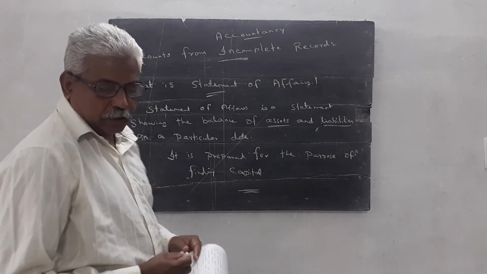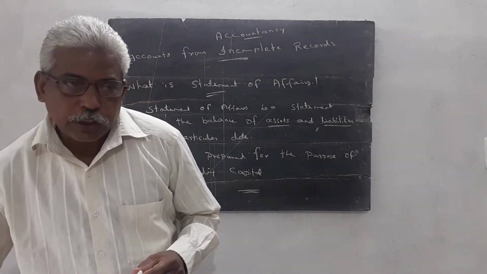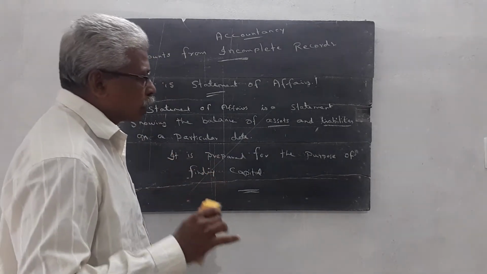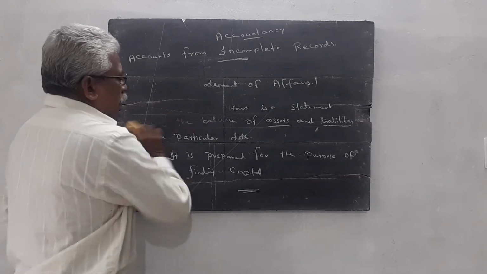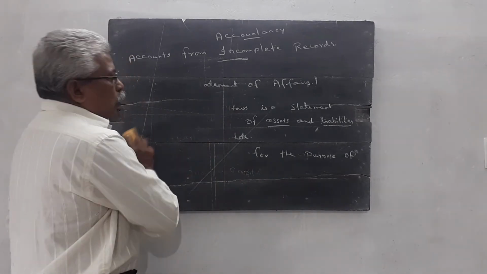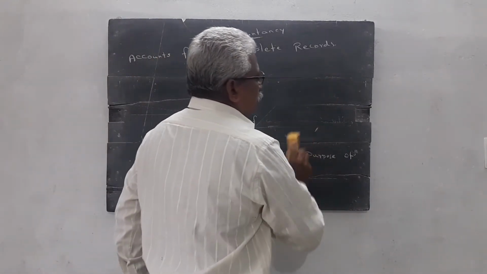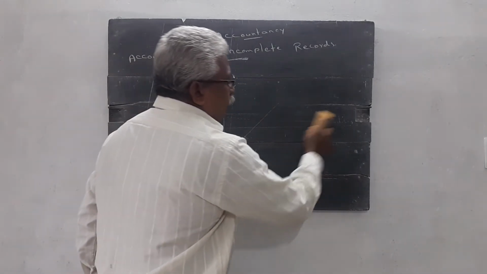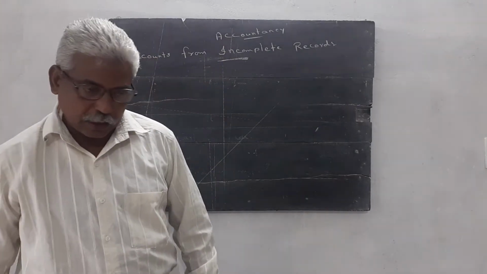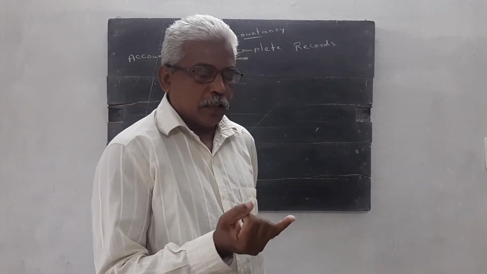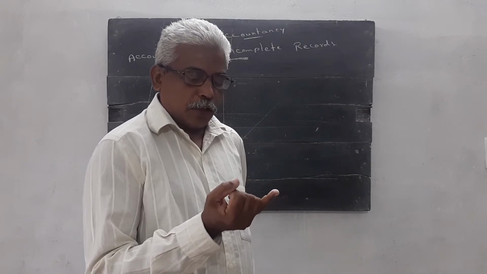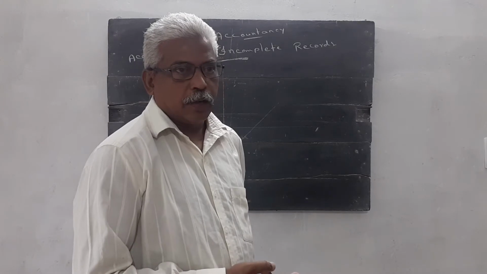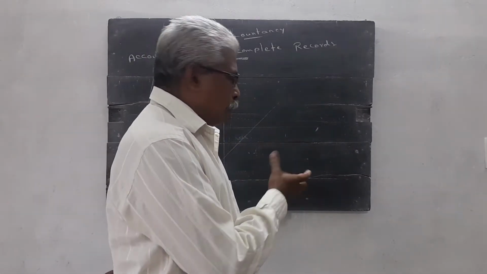So, dear students, two theory questions I gave. Try to study these two questions today itself. Then in the textbook, on the back side, nearly 6 questions are given to find out the profit, calculate the missing figure, calculate the opening capital, calculate the drawing, and then calculate the capital.